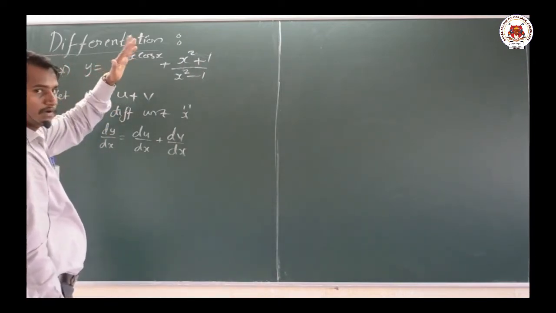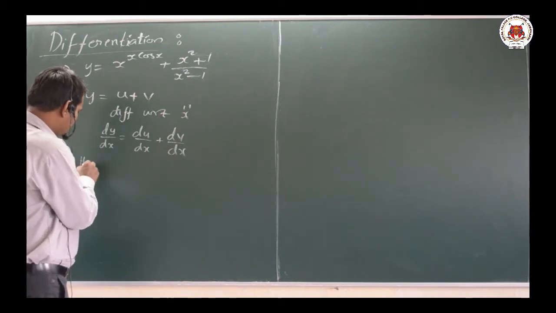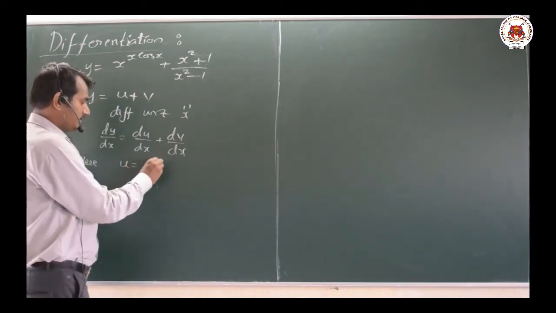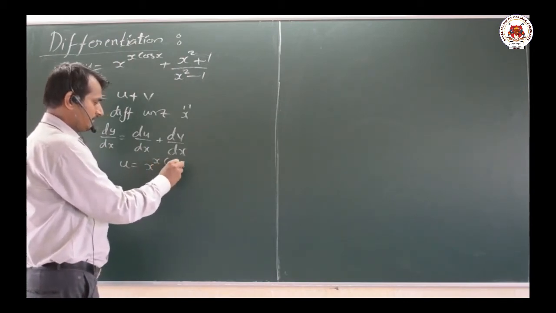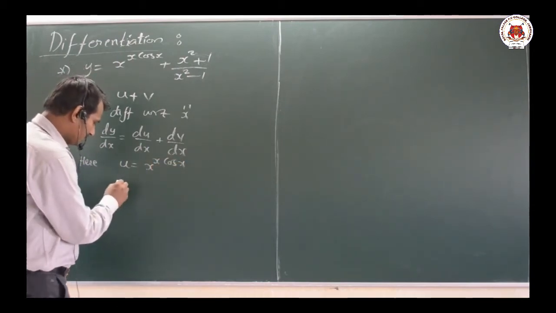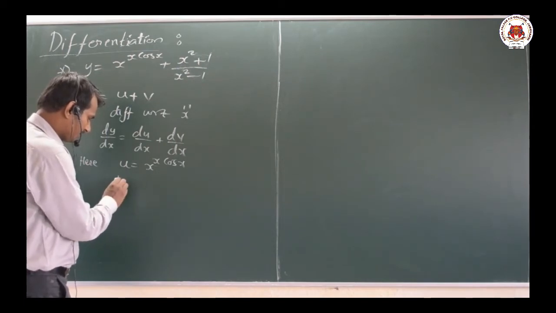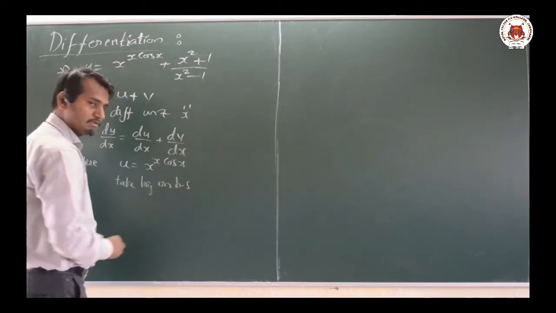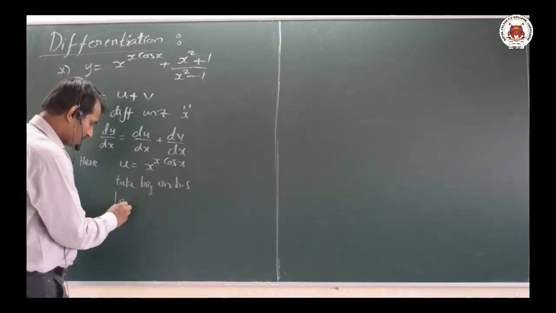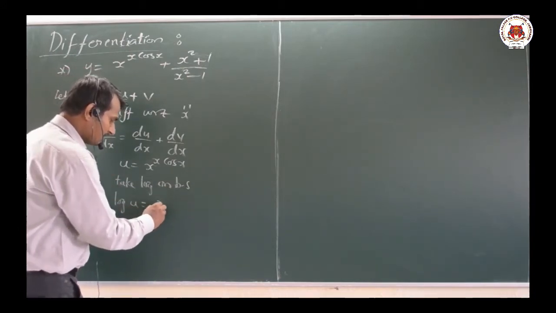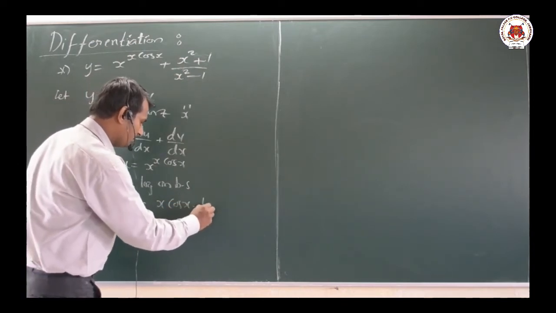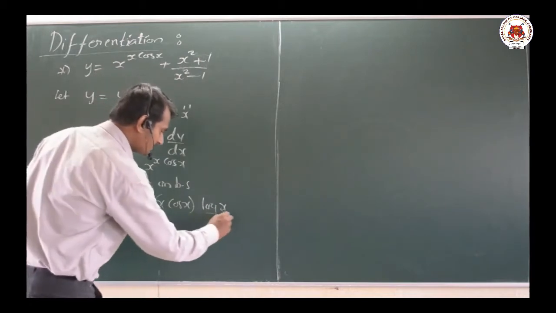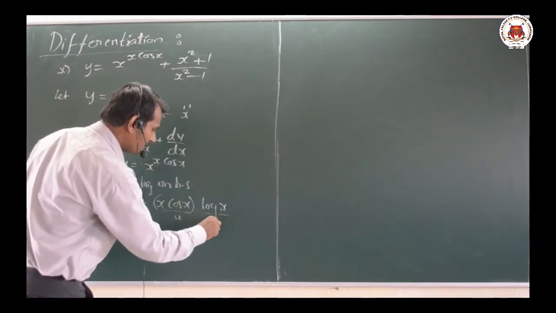Now here we can observe that what is the u value? x to the power of x cos x. Okay, here u is equal to x to the power of x cos x. Next here, that is nothing but here take log on both the sides. So what we get here? That is log u equal to x cos x into log x here. Now here this whole part is first here. This is the part u and this is the part v here.